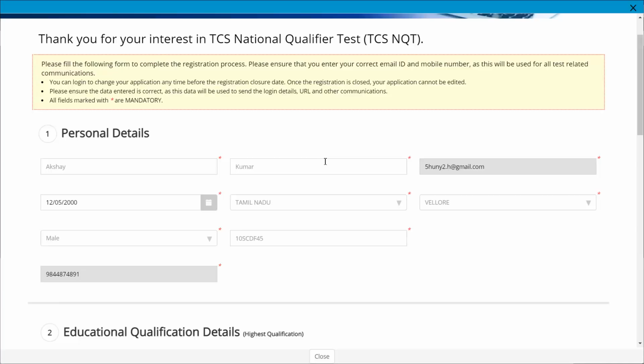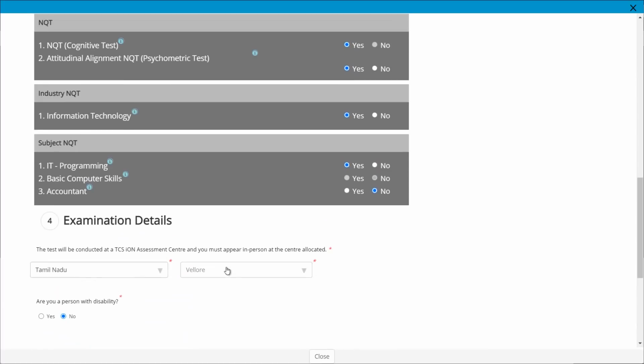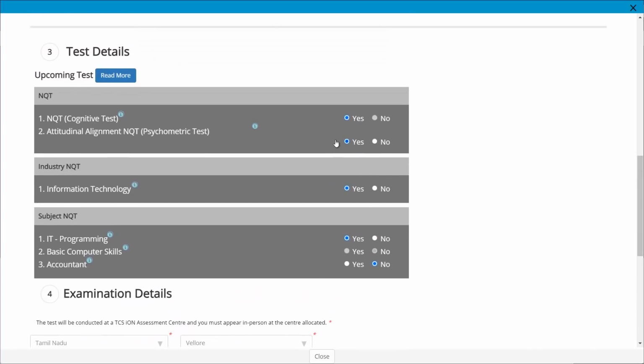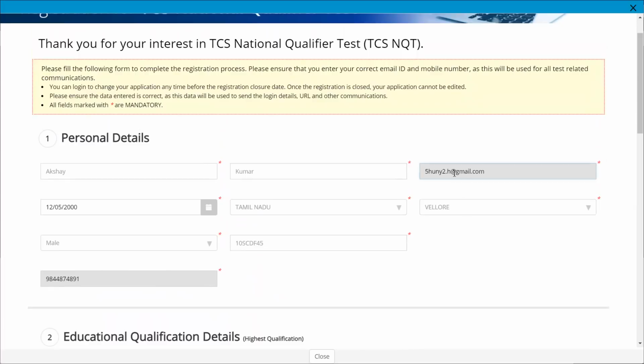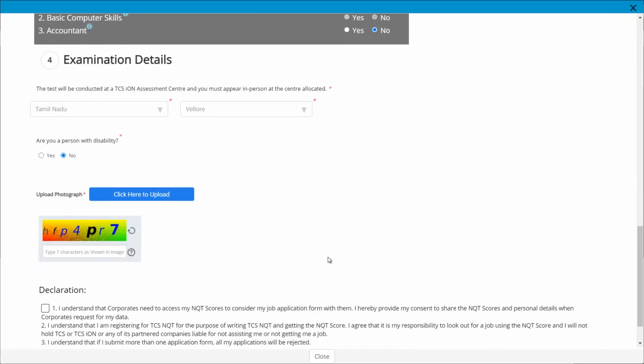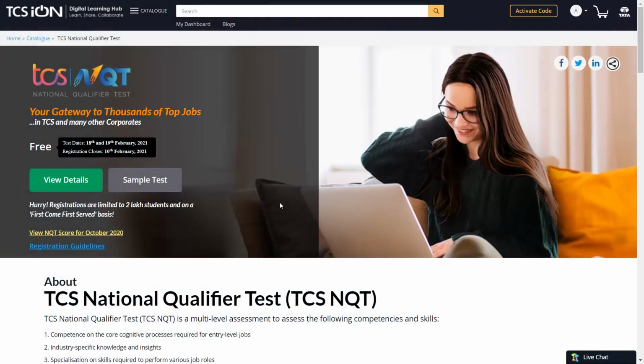So the confirmation message will also be sent once you have clicked on submit. If you want to make any changes to the city preferences or the tests and all the things will be made editable, except for your mail ID and phone number. All right. So if you're done with this, you can click on close, and yeah, that's it for the registration